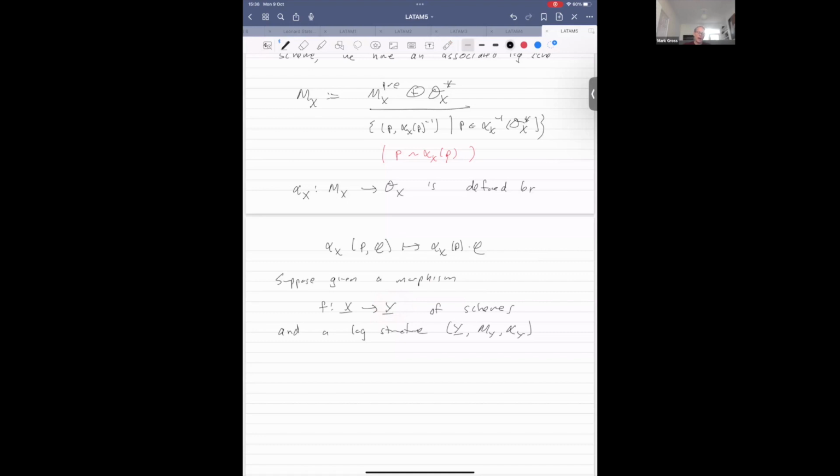Then I can pull it back to X. So f star M_Y is a log structure on X